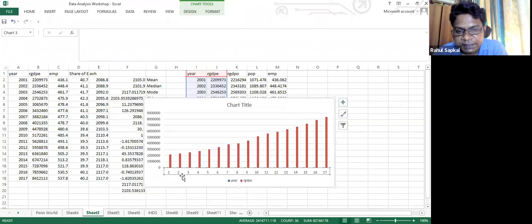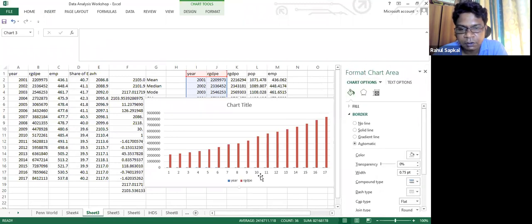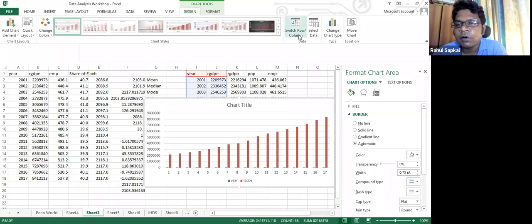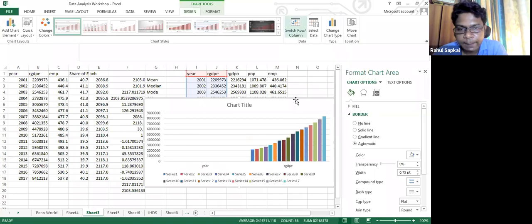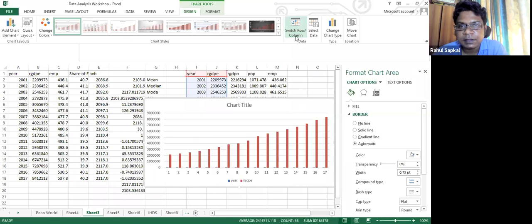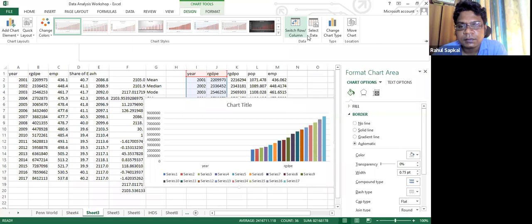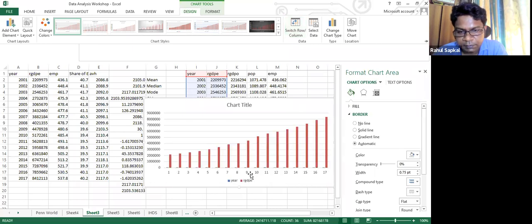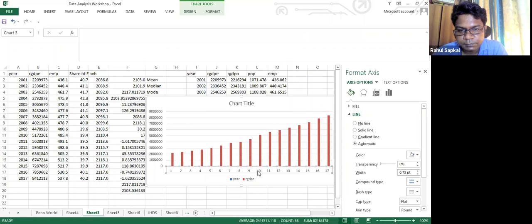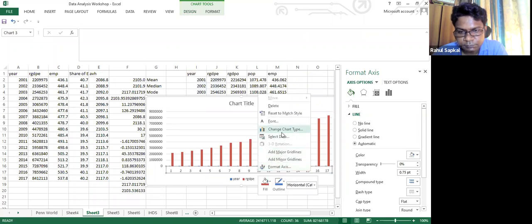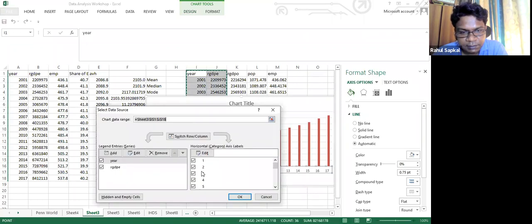Now here, this is the way it will show. All from 1 to 17 is my year. But now I want to show the year part. So I will just click on chart tool. I will go for switch row to column. Now select the data.